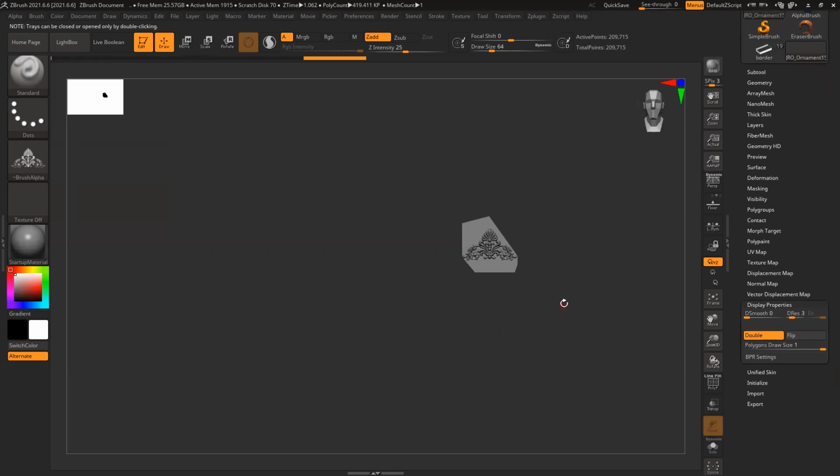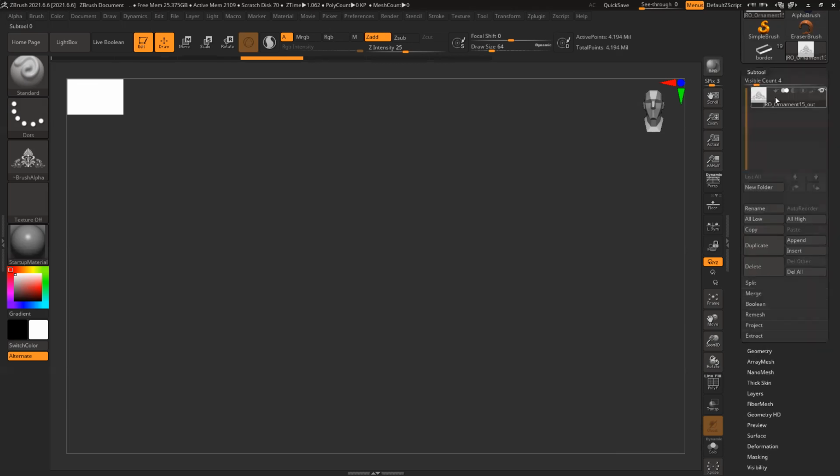Double, okay, double is already on. Is my mesh on? Where is it?